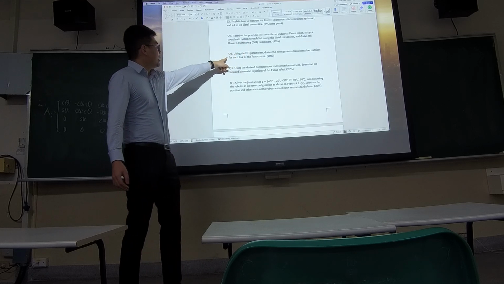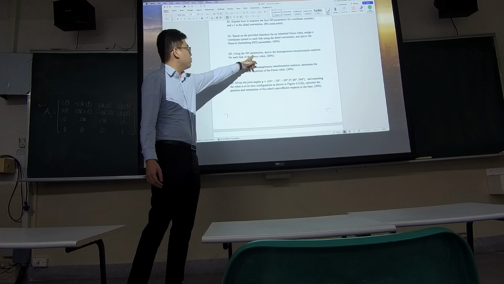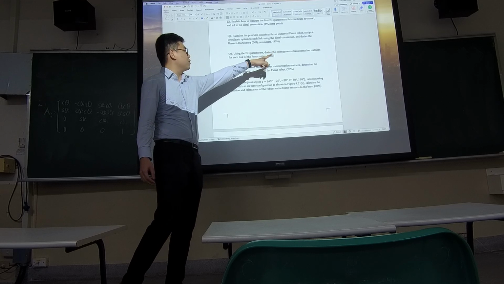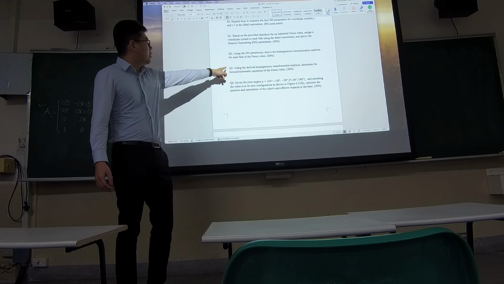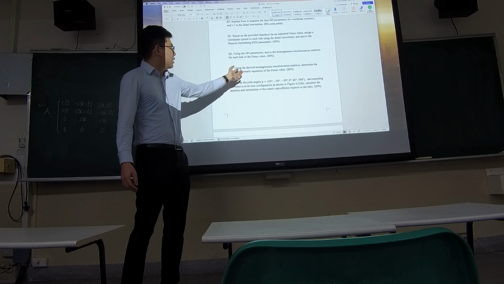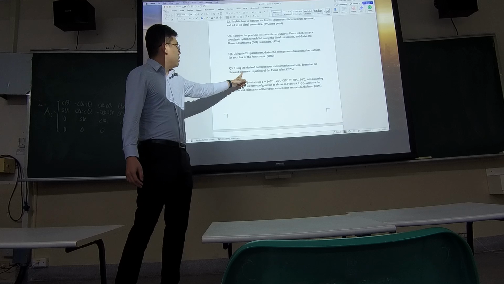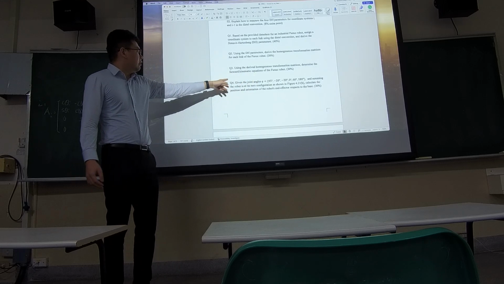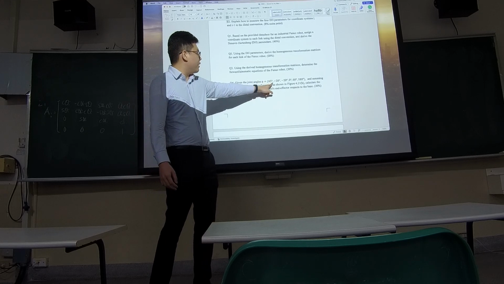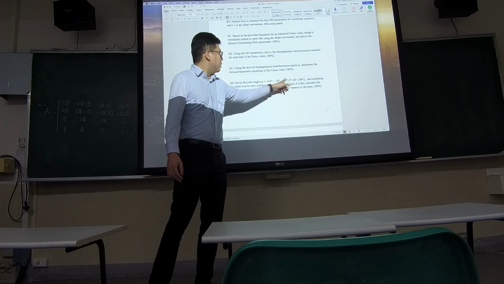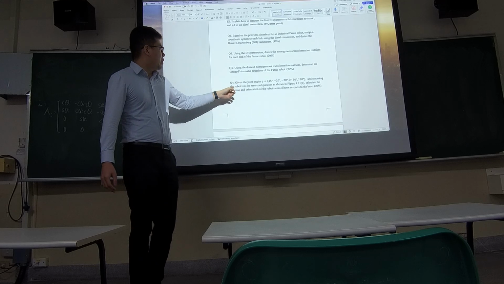The second one is to use the DH parameters to derive the homogeneous transformation matrices for each link. The third one is to give the forward kinematic equations. And question 4 is, if the input joint is 45 degrees like this cube, what is the position and